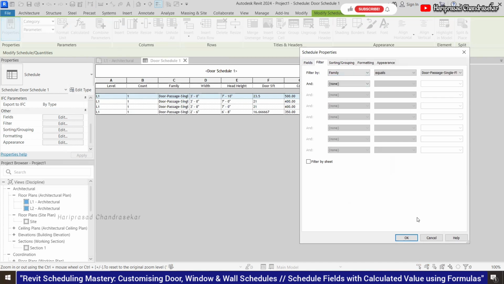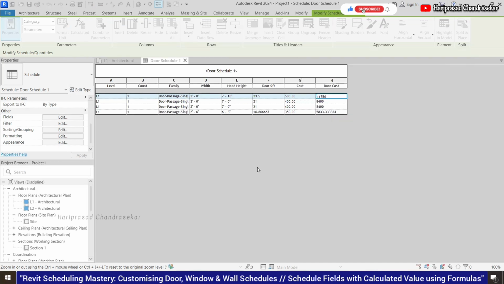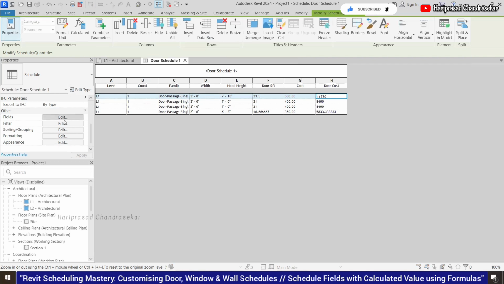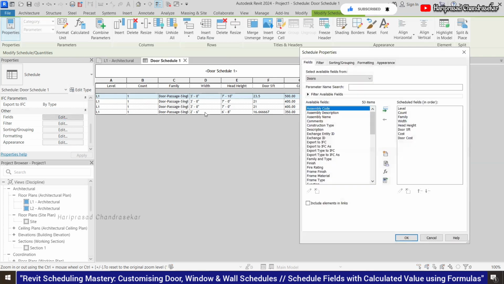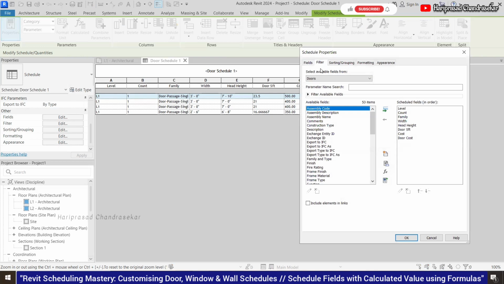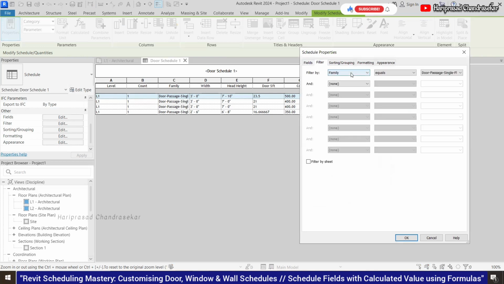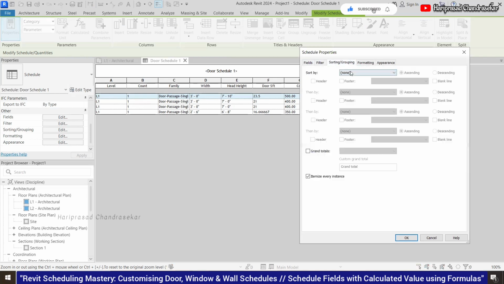If I'm putting family, then apply equals to, we have only one family, I guess. That is filtering what we want. But we can go for grouping and sorting, where we can select the family and header. Then you can put OK.